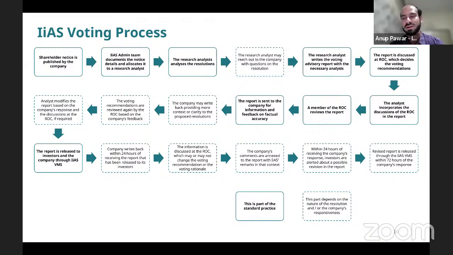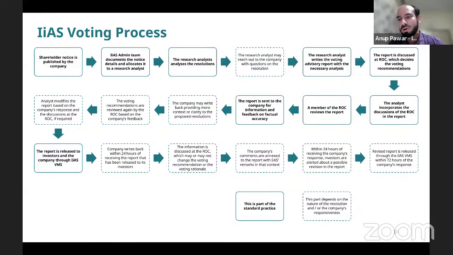So the review and oversight committee actually looks at each and every resolution before that final report goes out. So that's something I wanted to point out. Also, what is unique about us as a proxy advisor, and I think it's not just in India, but globally,